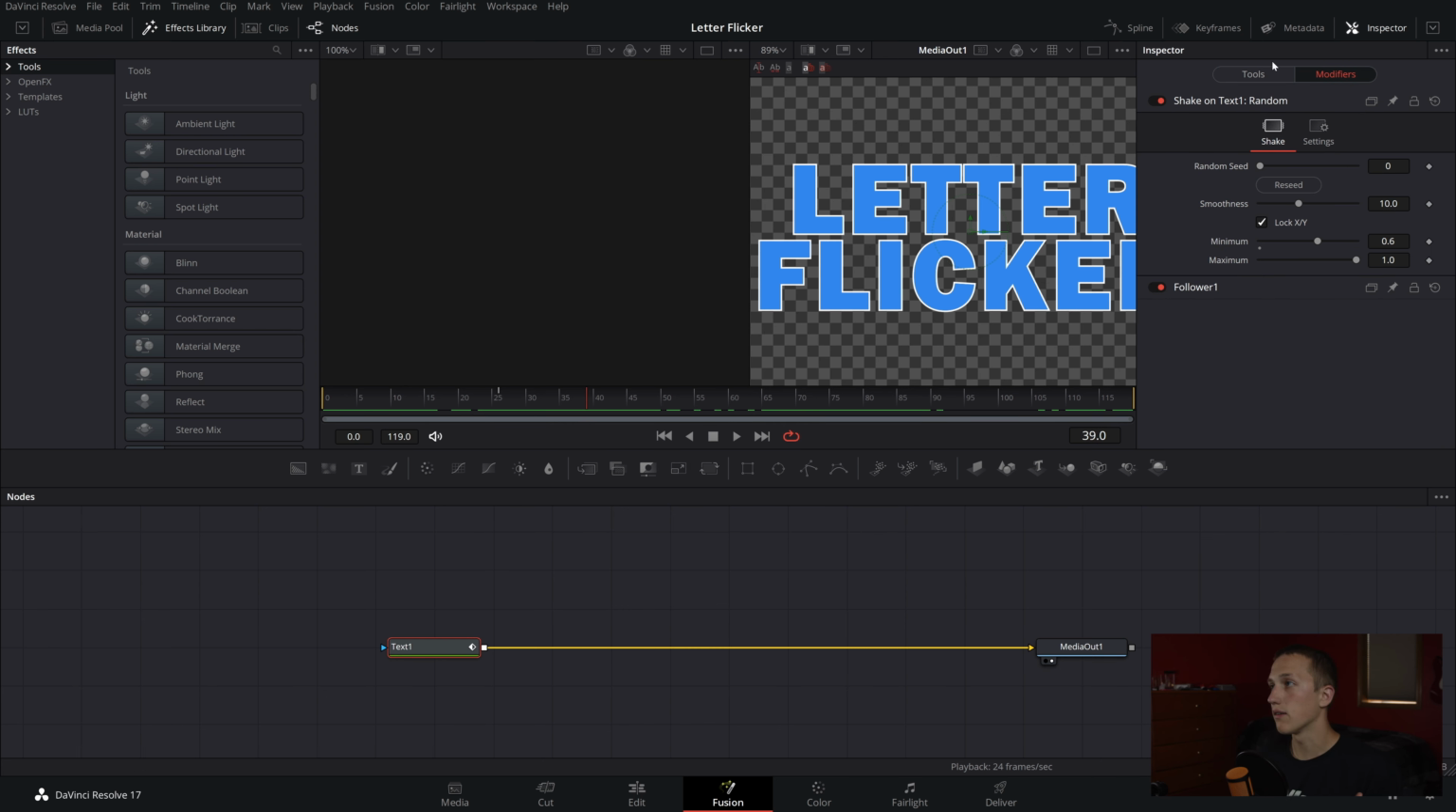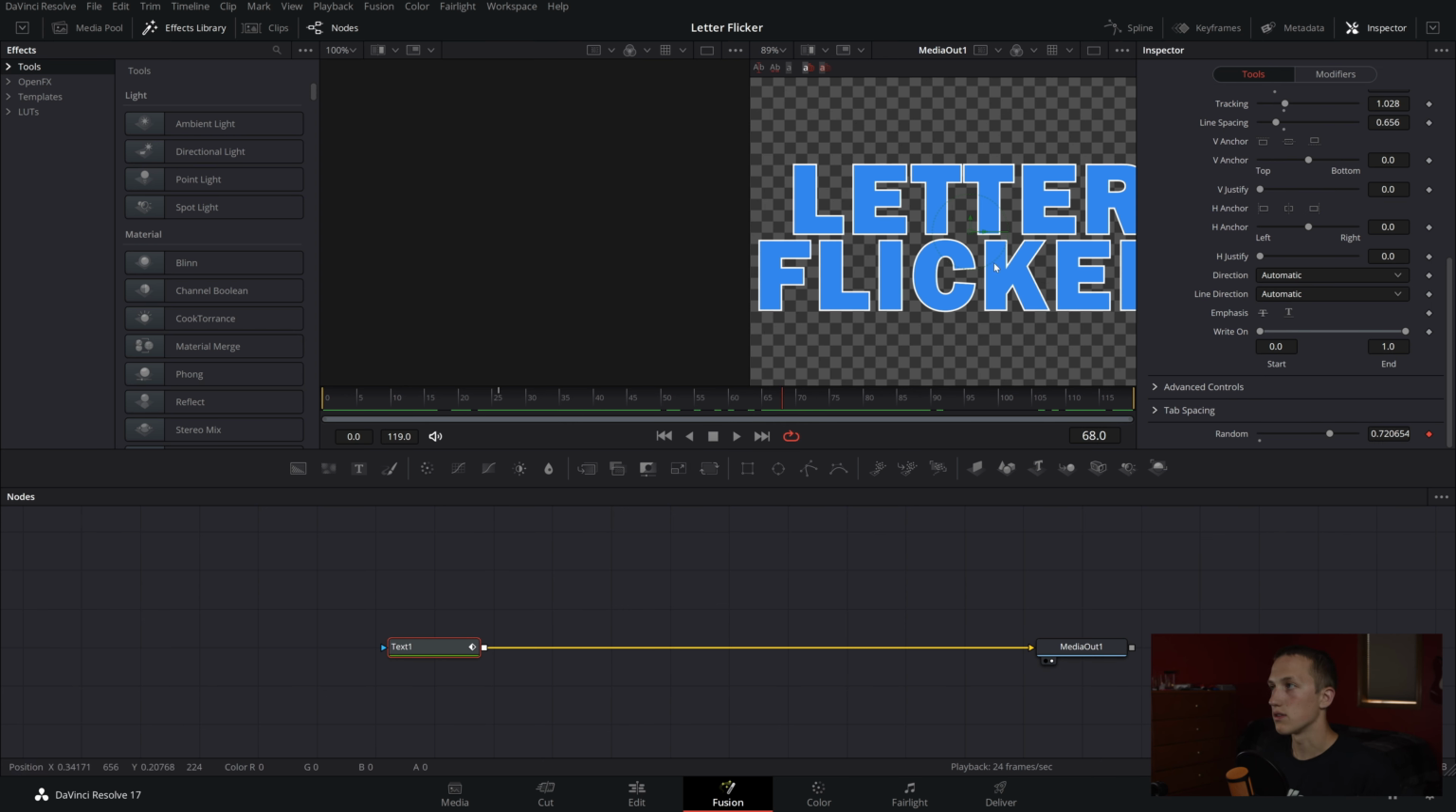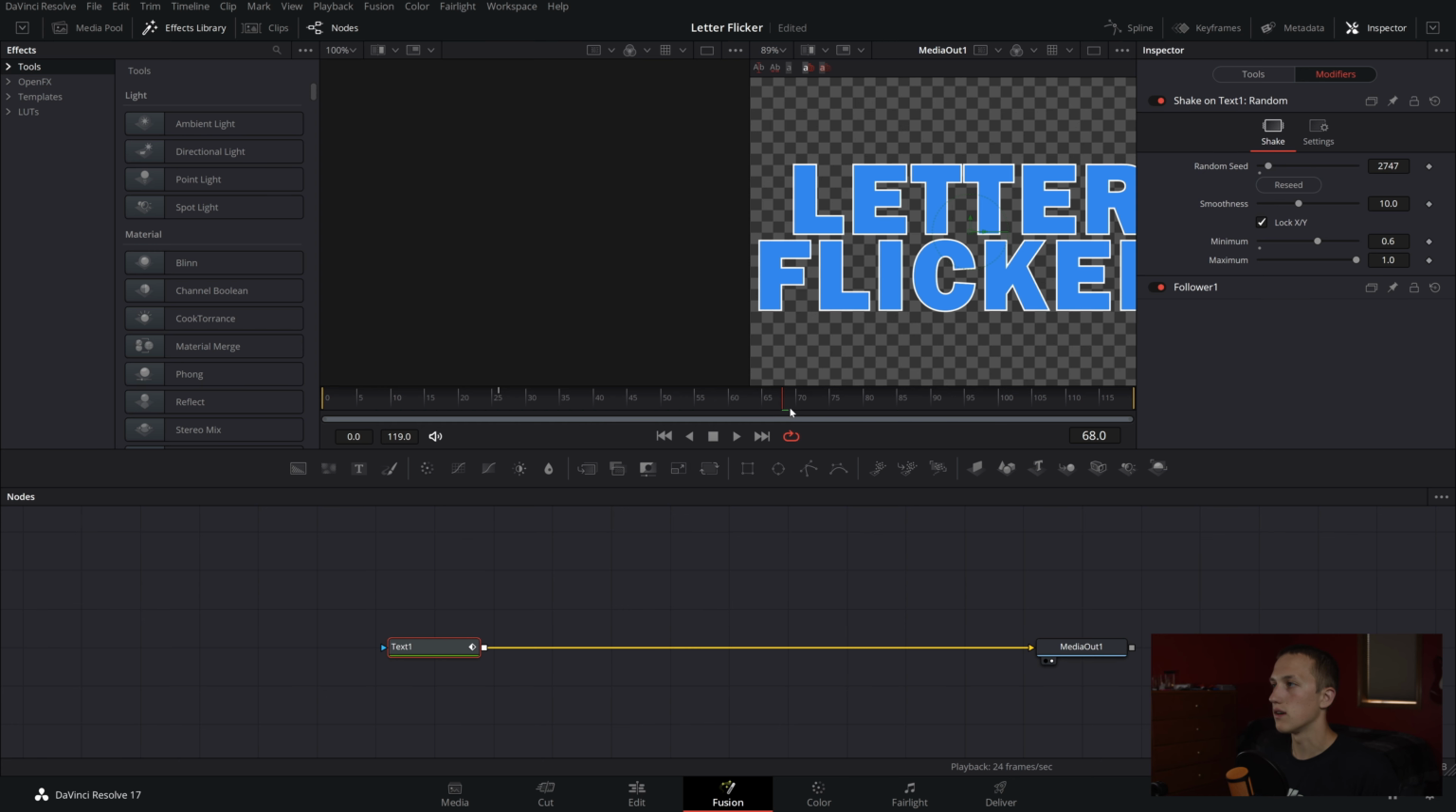So right now, it never goes below 0.7. So what we can do is come to the shake and just reseed it until there's a time where it does actually flicker, and you can see that that happens. So before we go through and adjust the speed and the minimum so that it flickers more or less,